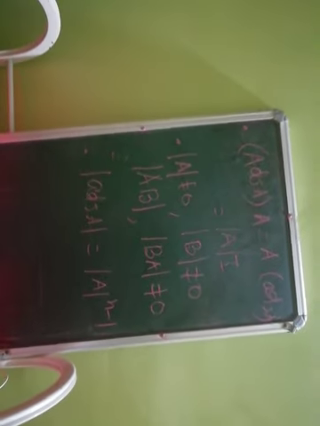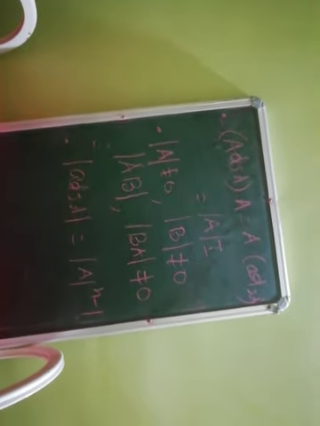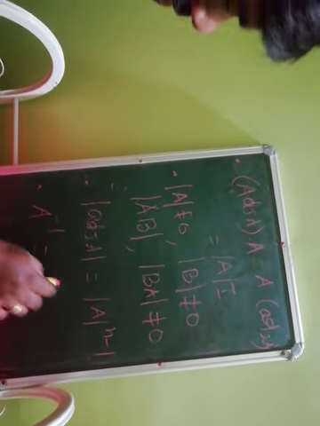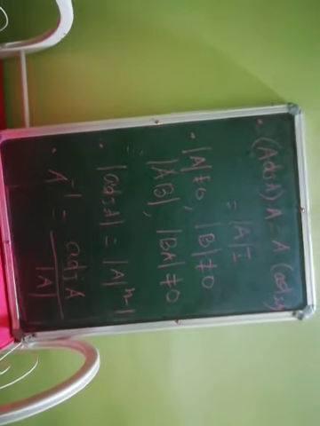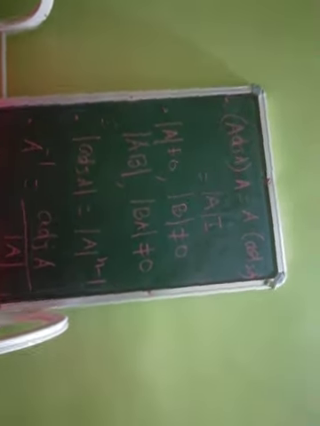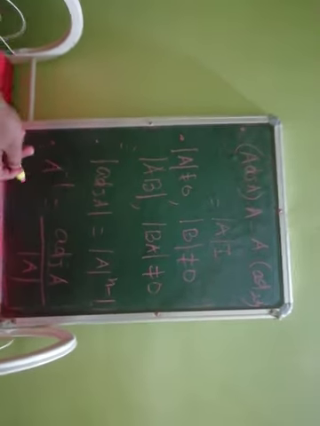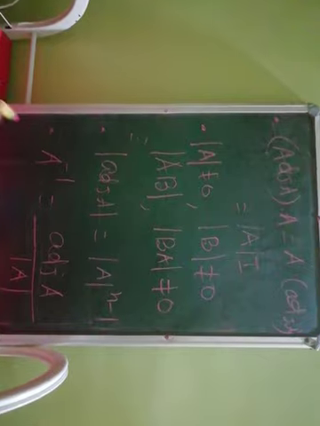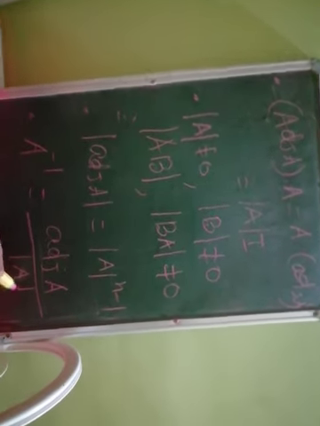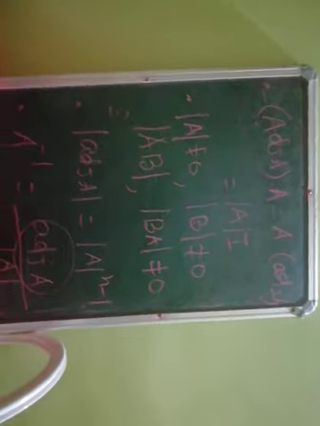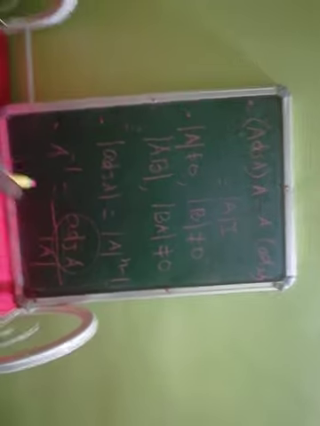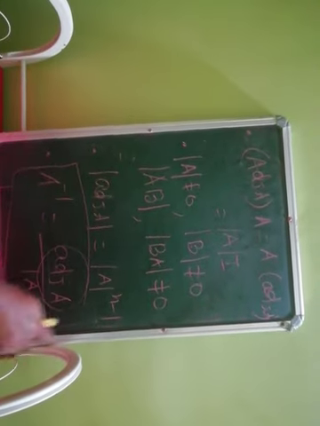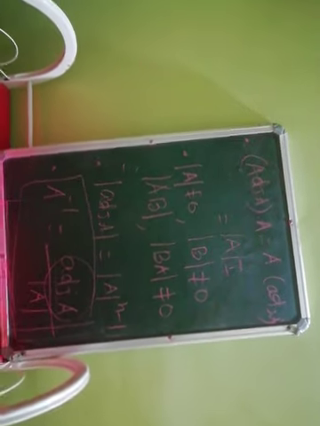And our last property was that inverse of A is adjoint of A divided by determinant of A. We had seen that derivation also. And what is the condition? Actually for all these the condition is A is a non-singular matrix. If A is a singular matrix, obviously adjoint of A divided by 0 will be undefined here. So we can find the inverse of a matrix only when it is non-singular, and this is basically the formula to find the inverse of the matrix.